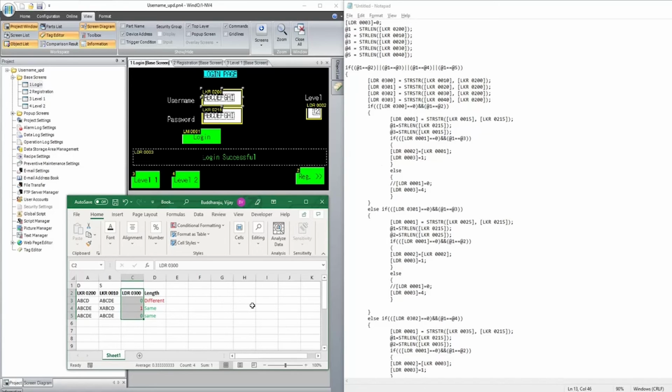In the password also, we have to check the same thing. LDR1. Here I'm just checking LDR1 instead of 301. I'm just checking another register to compare for the password. For the password, 215 is compared with 15. Why 15?